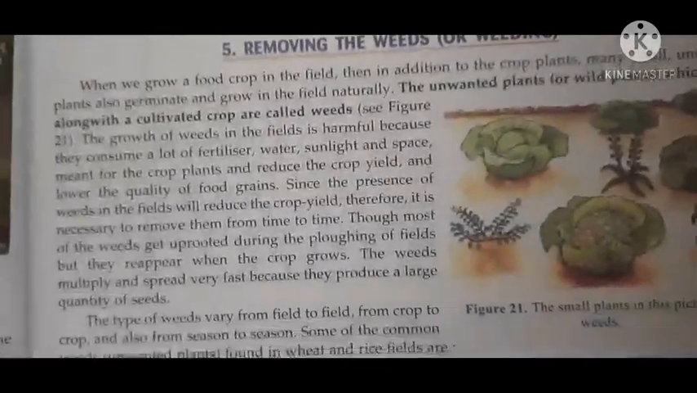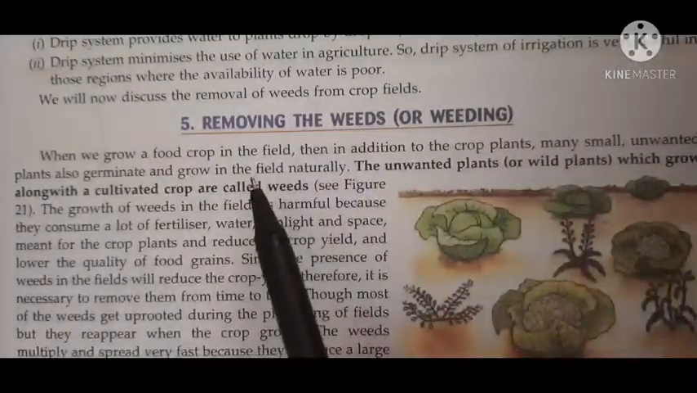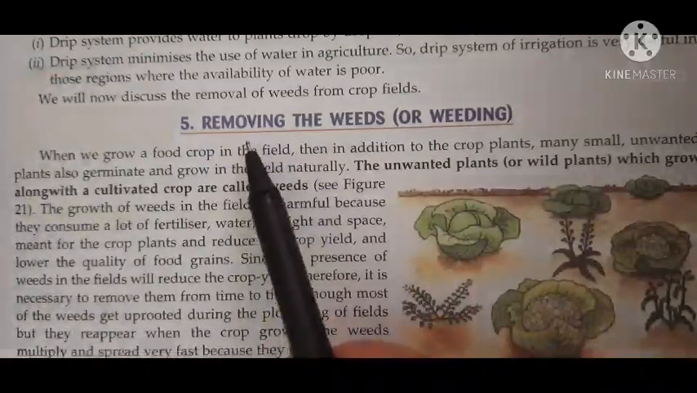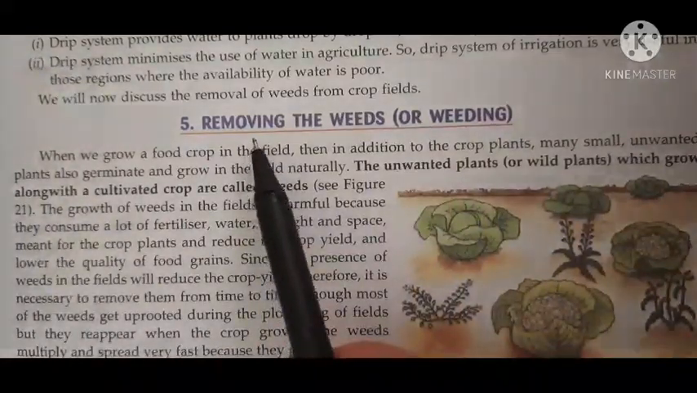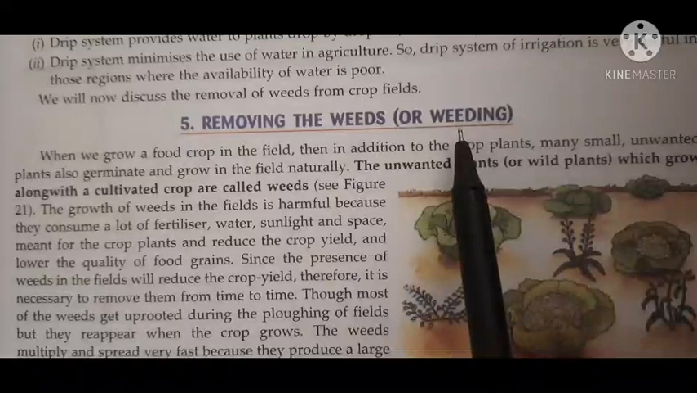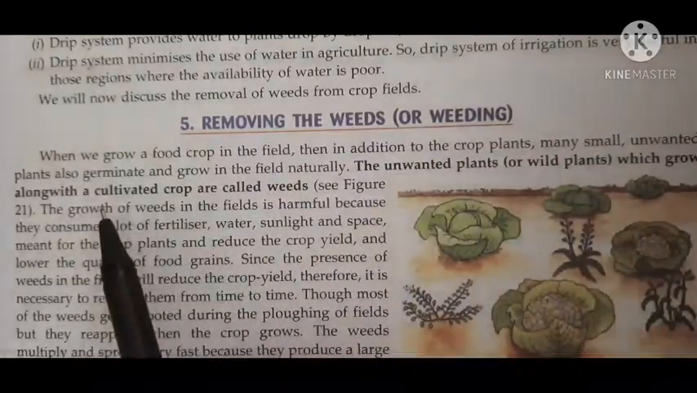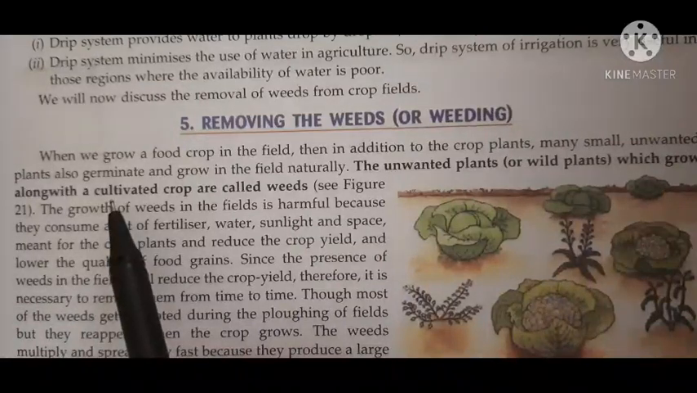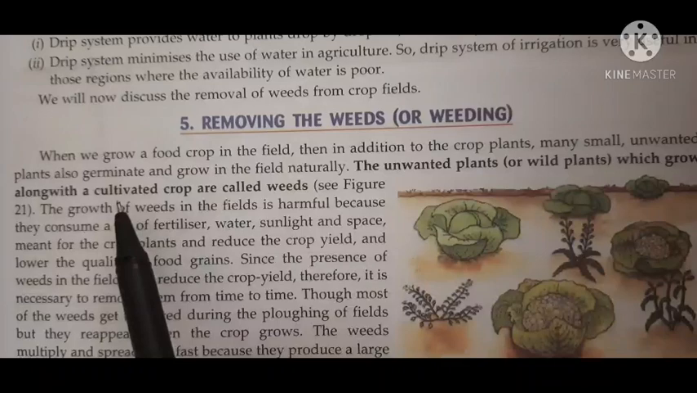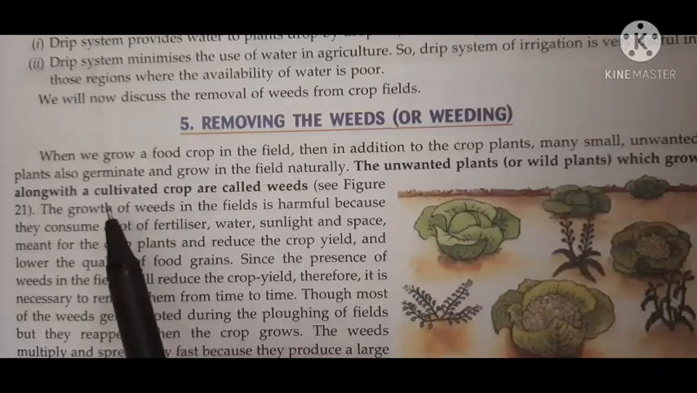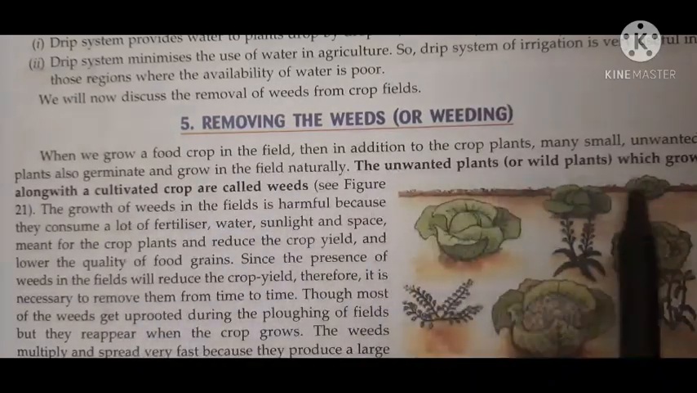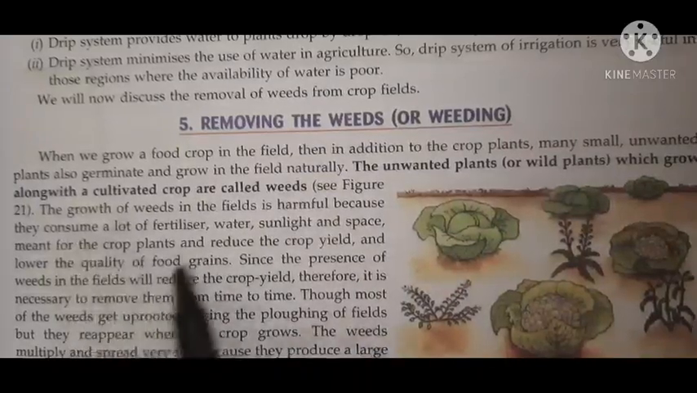Now we will come to another portion, that is another agricultural practice, or the basic practice for the production of crops, that is removal of weeds or weeding. What are weeds? Weeds are the unwanted plants, okay, unwanted wild plants which grow along with the main or the cultivated crops. You can see here, underline it,